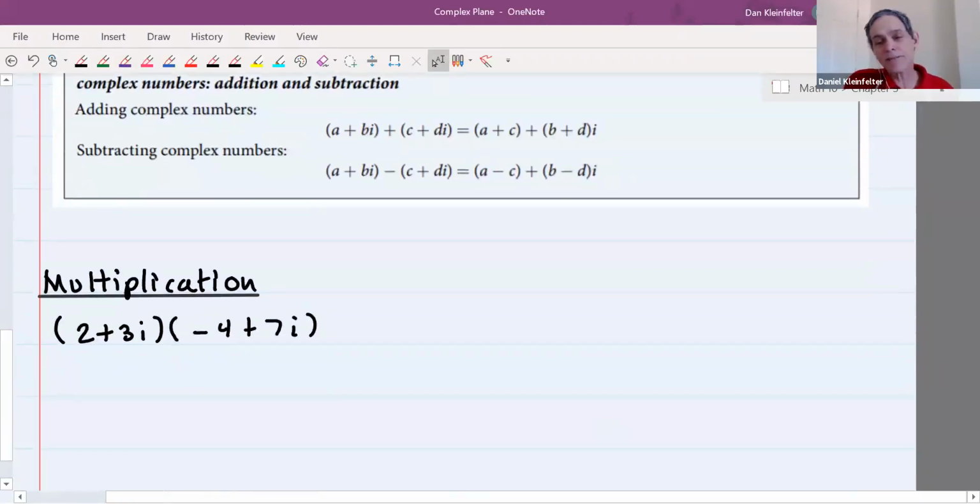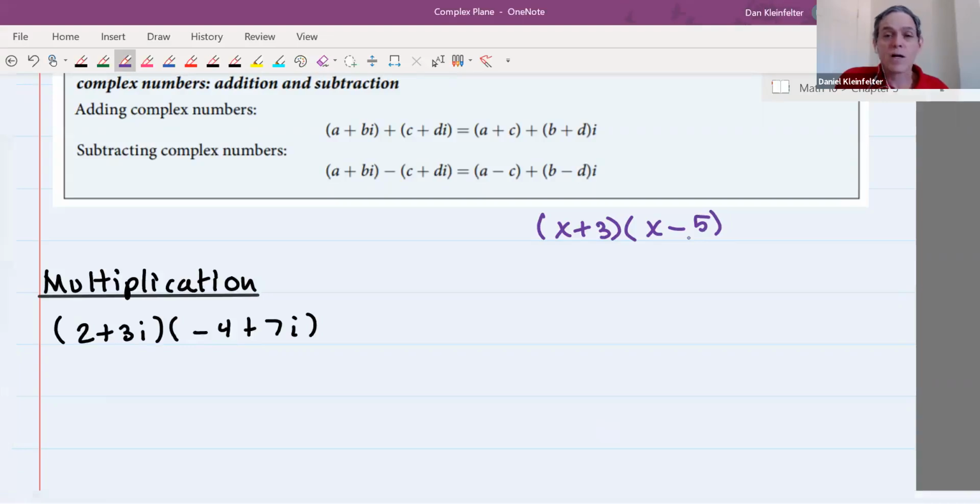For multiplication, if you had to guess how multiplication is going to go, you're probably right. When we're multiplying together two complex numbers, there are a pair of binomials. And so if you had to go x plus 3 times x minus 5, if I asked you to multiply together those two binomials, you might use a FOIL method or a distributive property or box method or stacking the two polynomials vertically. However you would do this problem shown up here in purple, you could do the exact same thing to multiply together two complex numbers, because that's really what we're doing, is we're forming the product of